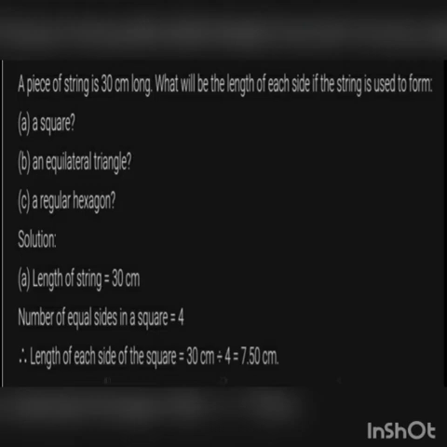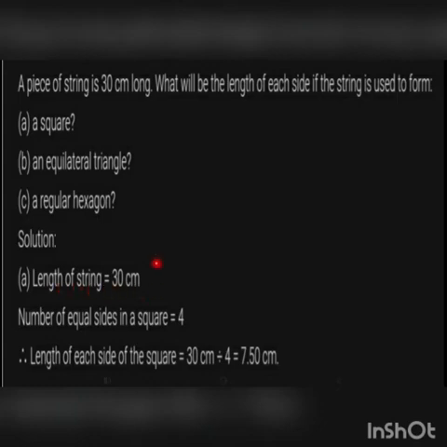So my question is, when I am making each figure, what will be the side of one figure? See, all these figures are regular. Square, you know, is a regular figure. Equilateral triangle is a regular figure, and regular hexagon is already given as regular. So we are making all figures regular, so the length of the sides will be equal in every figure. So first it is a square, isn't it? So I am making a square and the total length I have is 30 centimeter. That is, I have to make a square of boundary length 30 centimeter. So boundary length 30 centimeter means what? Perimeter, isn't it? So perimeter is given as 30 centimeter. We need to find, if I make the square, what will be the length of one side.